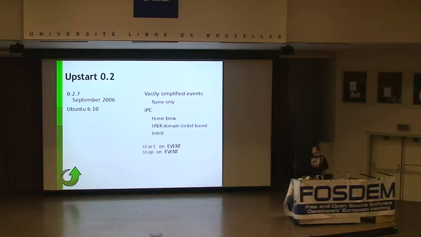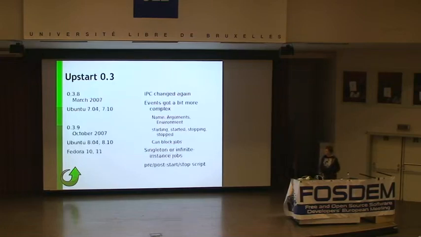We tried writing a simple GTK front end, and it turned out that the asynchronous and out-of-order messages it tended to deliver were really not suitable for a graphical program, which was also expected to be out of order and asynchronous. But Upstart 0.2 was probably the first version that got the start-on, stop-on syntax that Upstart still carries to this day. The major milestone in Upstart's early development would be the 0.3 series.